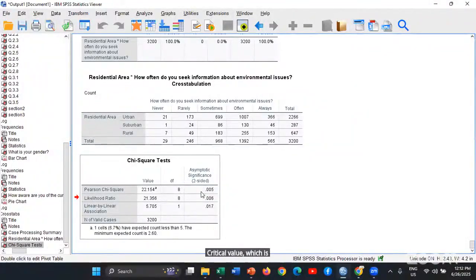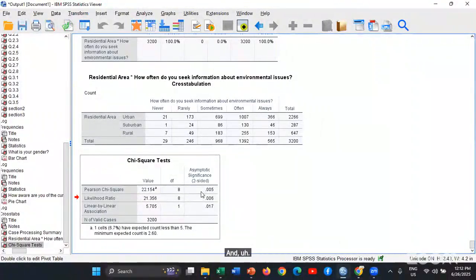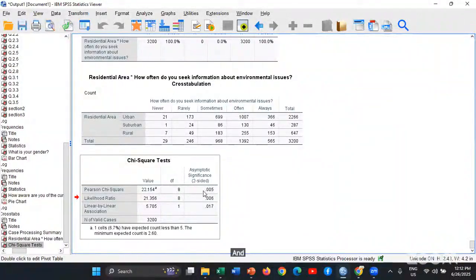which is usually 5%, meaning 0.05. It is a highly significant observation that yes, there is strong evidence that residential area and information regarding environmental issues are related. It means if you are living in the urban area, you do seek information about environmental issues, and vice versa. Okay, the next is